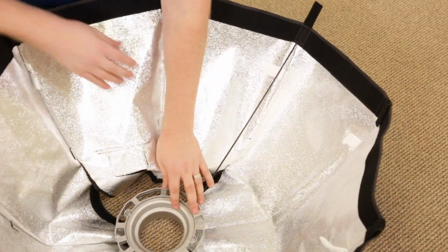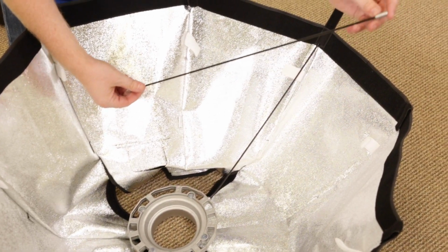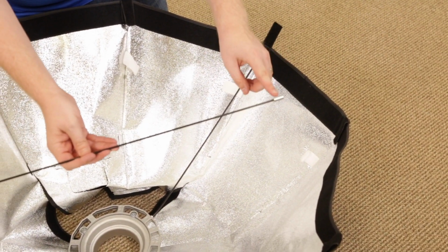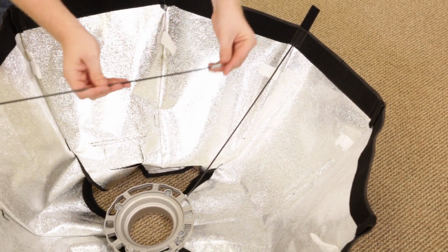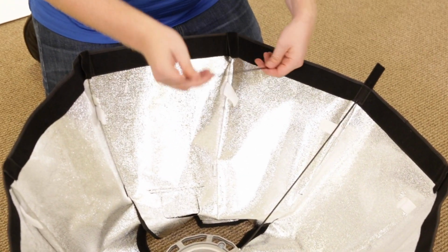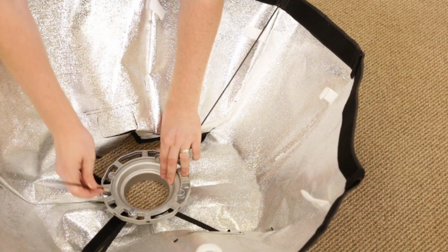And all the way through the pocket. Now, if you didn't follow along the first half, I'll say it again. Each rod has a fatter tip and a thinner tip. The fat tip is going to go into the speed ring, and the thinner tip is going to go into the rod pocket. And once you have your first rod in place, you're going to go 180 degrees,